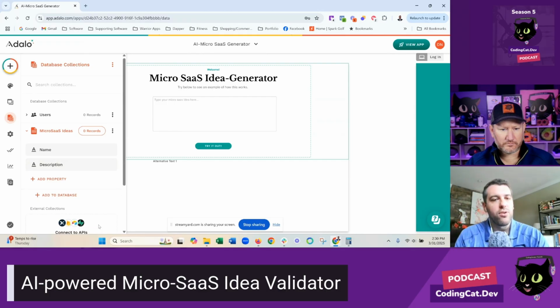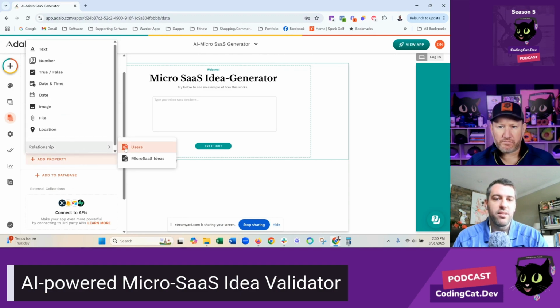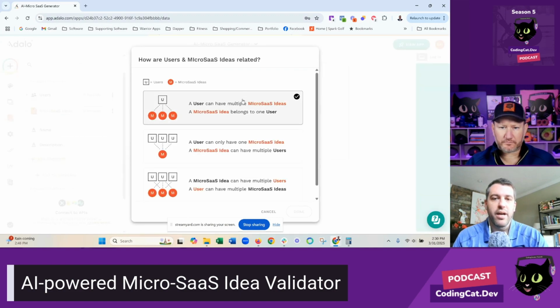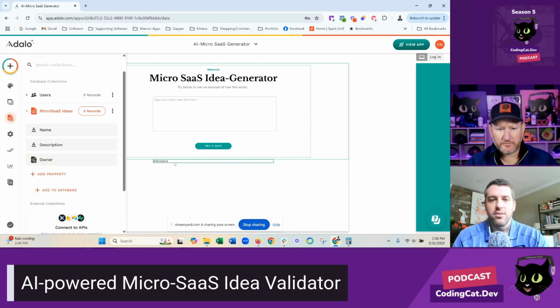You could link it to your user, so you would only see the ones that you have, but I won't worry about that yet. But you can do relationships, and that's what's cool about this. So we'll just say I can have multiple micro SaaS ideas, but an idea belongs to one user. So simple.